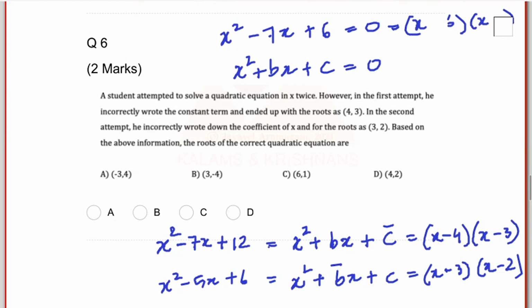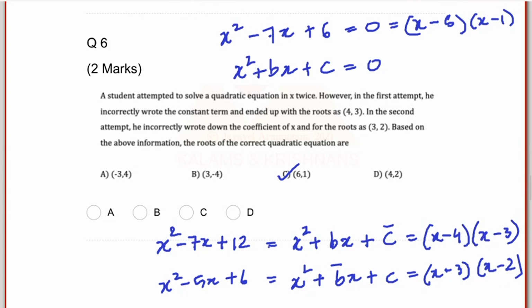You could easily see that this is simple. There is no complex or real root issue, nothing like that. x minus 6 into x minus 1. So these are the solutions. In fact, this is what Krishna said. Notice, the coefficient c is incorrect here, but b is correct, right? You can easily find that because b is negative of the sum of the roots, that is minus 7. And then c is correct here. c is the product of the two roots, that is 3 into 2, 6.